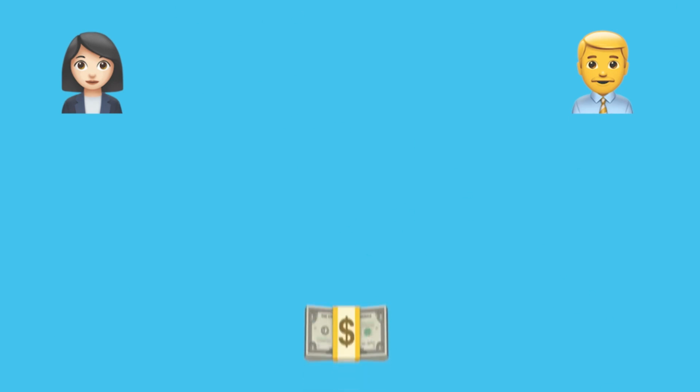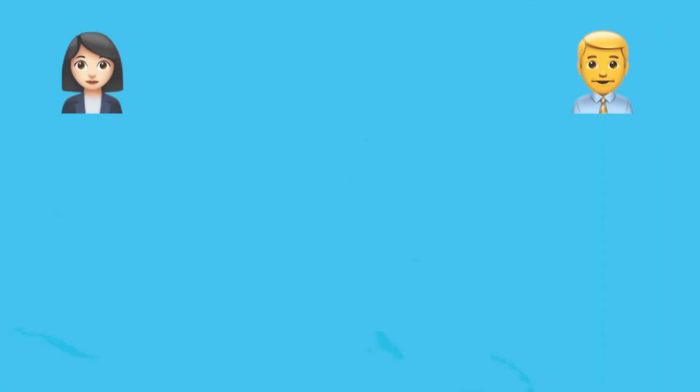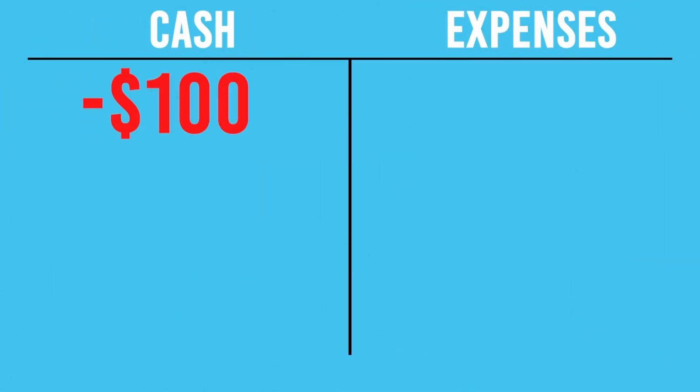So say for example, somebody pays me $100 for a service. I have to debit my cash by $100 to increase it, but to balance my revenue, I have to credit it by $100 as well. So now let's say for example, I take that $100 and I pay someone to perform a service for me. I'm going to decrease my cash balance by $100, which means I credit it. So I have to debit my $100 to the expense account to balance. Just remember, it always balances. So that's the key thing to keep in mind.